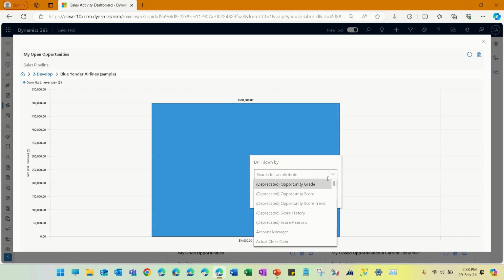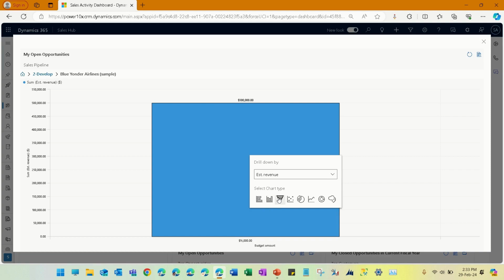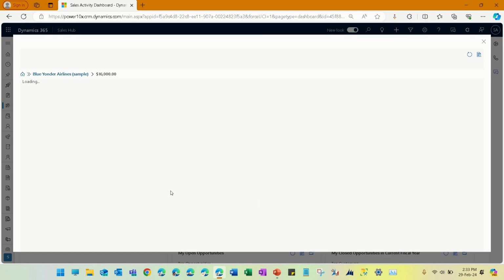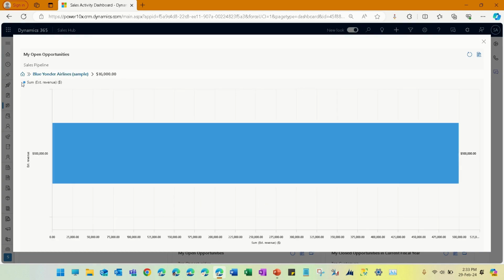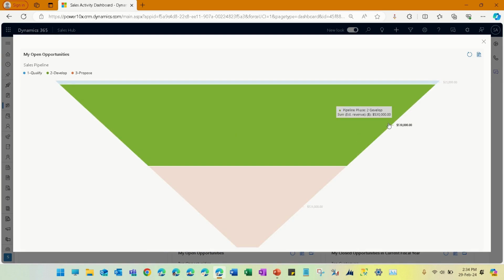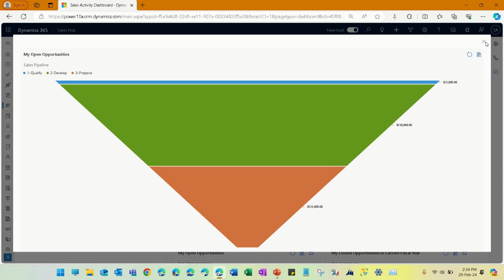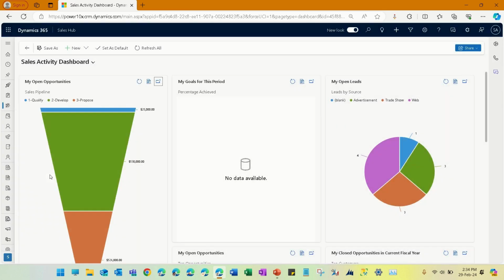So I can drill down to a further level, to vary from macro to micro, to understand what all data is there, how they are linked, and what the details are regarding the same. For estimated revenue, I go with the bar chart once again, loading, and it gives me the value. So I drill down to three levels, and then probably I can go back to the home and see the actual data. So this helps you rather than going into individual records, looking out for the individual data